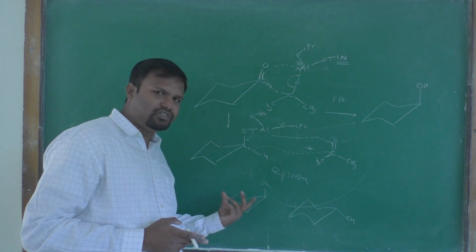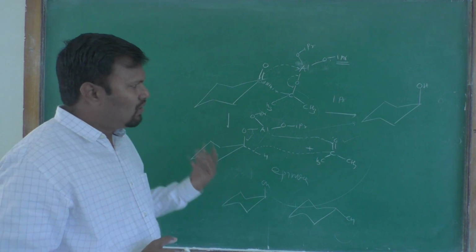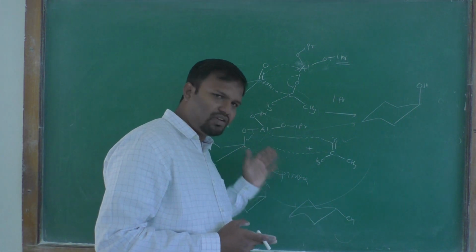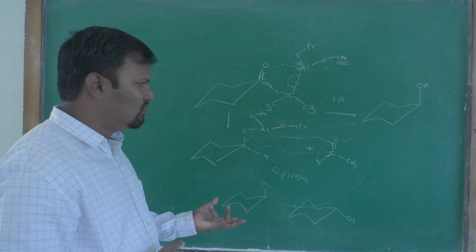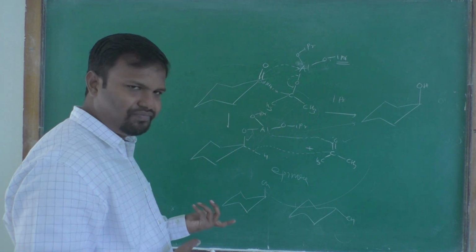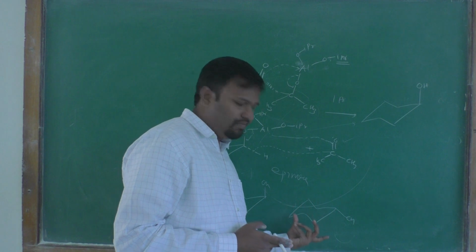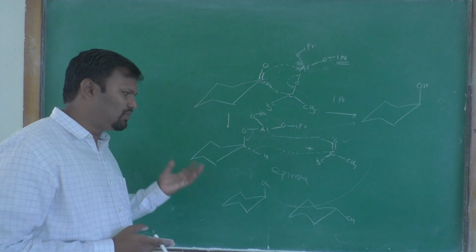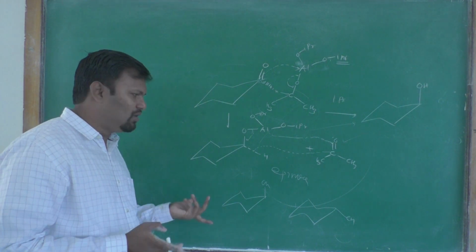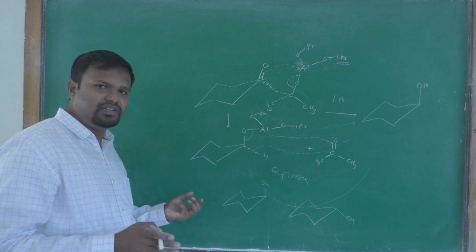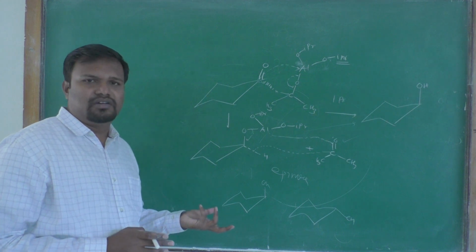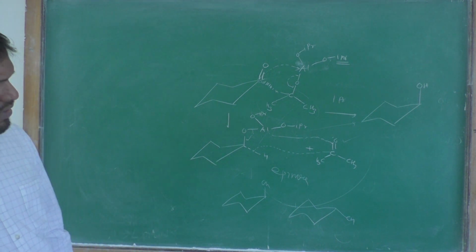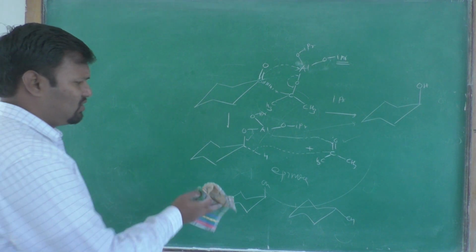Instead, a fast reaction gives the kinetic control product. But when the reaction is prolonged, with more time, you will obtain the equatorial hydroxy group predominantly. Firstly an equilibrium is established, and after the prolonged reaction it gives exclusively or preferentially the equatorial OH group. In that way we have explained our MPV reduction. Okay, now